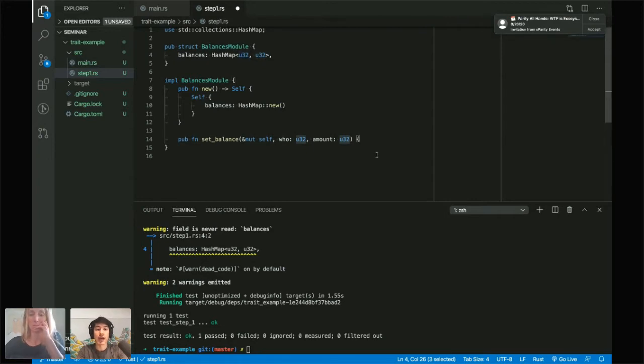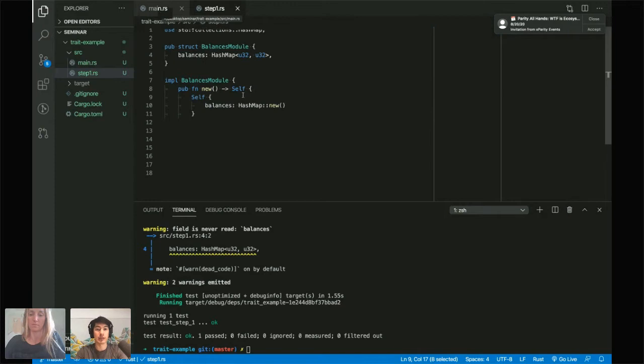And in set_balance, all we're going to do is self.balances.insert(who, amount). This is basically a backdoor which says our balances object is a hash map, and I can insert, which is an API of the hash map, the who and the amount. So this already will allow us to get some balances in there.